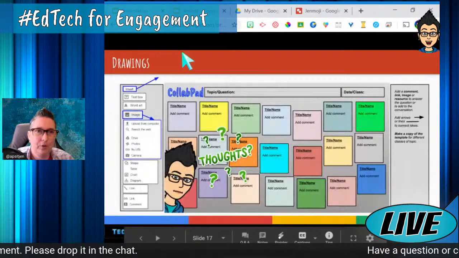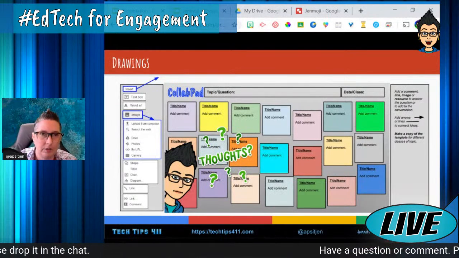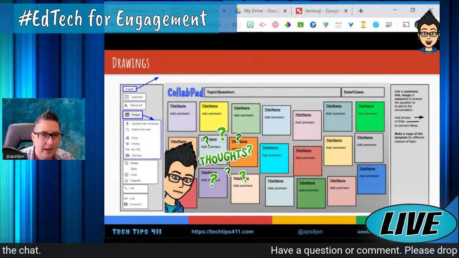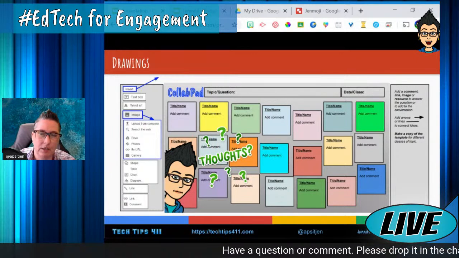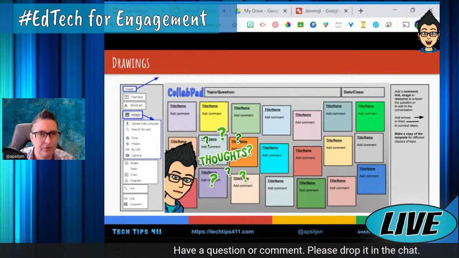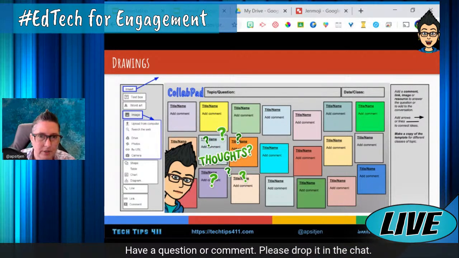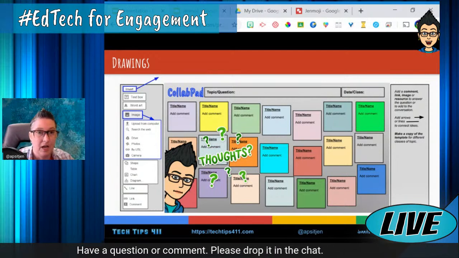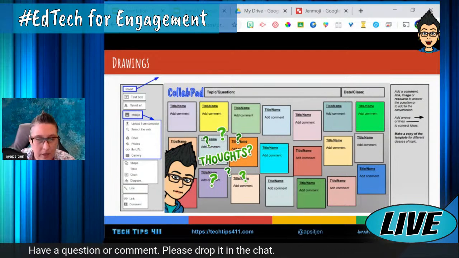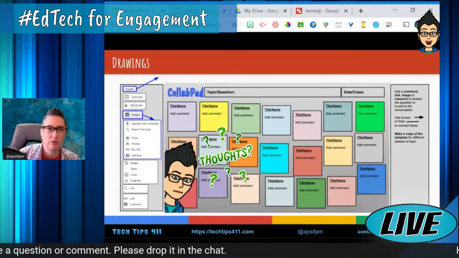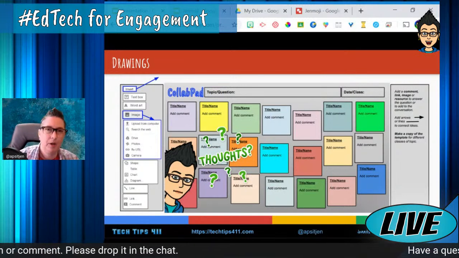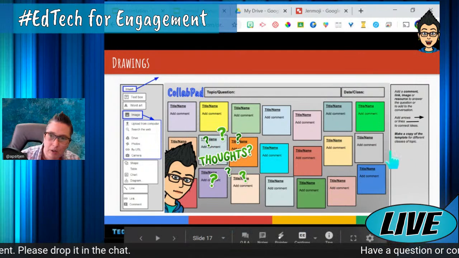Okay, so here's another one that I think is really cool. This is using Google Drawings to create a Padlet-like experience, a collaborative workspace for your students. And you can have your students create different designs for this as well, so that maybe it's going to be colors or themes based on what your school or class climate is. But again, this right here is this middle